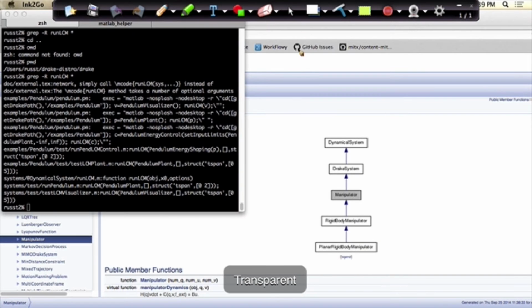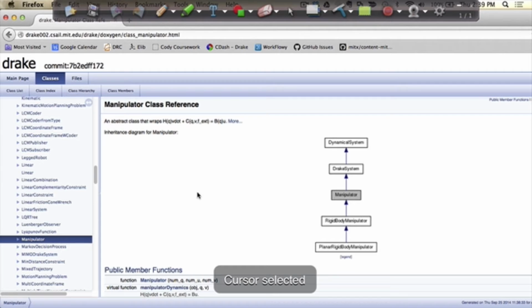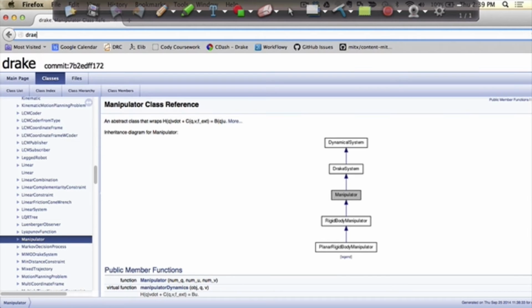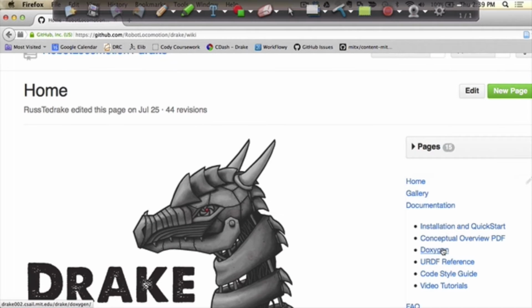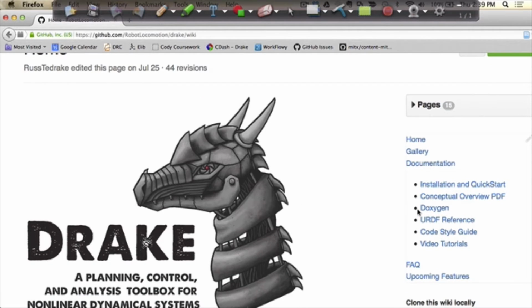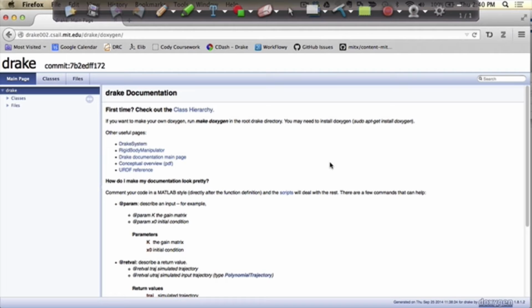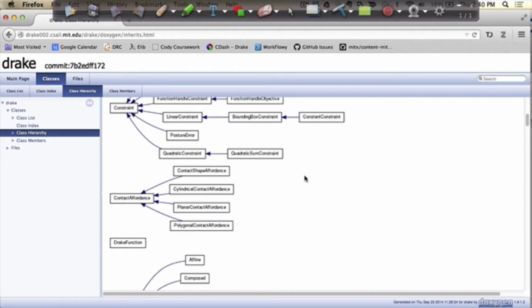If you want a quick high-level view of what Drake is, you can just go to the Drake website. The documentation is always a work in progress, I guess, but compared to anything else I've ever written, it's actually fairly good. You can go to this Doxygen page and search for any of the methods and everything like this. But the thing you might not have realized when you're running a few examples is that it's really built to try to be